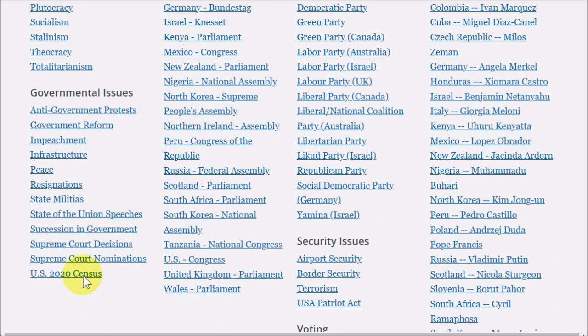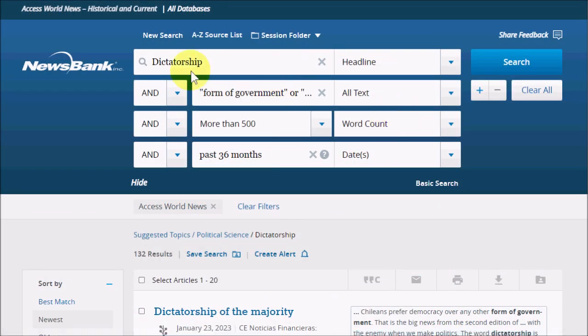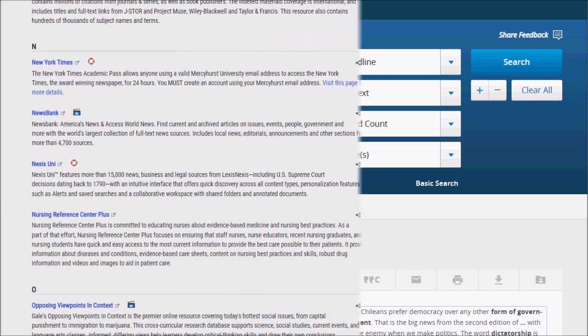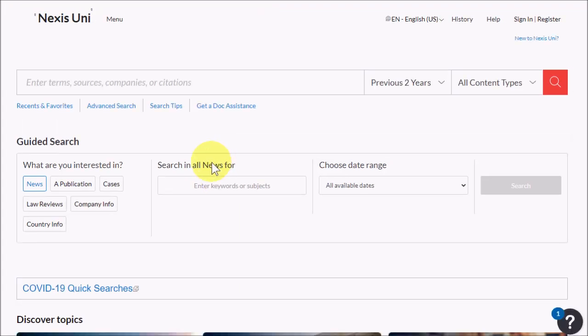So if I look for info on, let's go with dictatorship, I can click on that. And not only has it done the search for me, it has also put together some Boolean terms and phrases already with them in quotes and also date limiters so that you can get started on your search a bit quicker this way. And below that we have Nexus Uni, which is a university version of the LexisNexis data tools